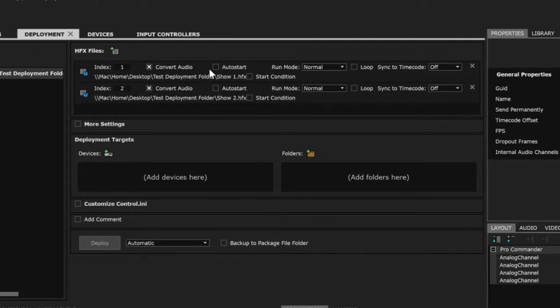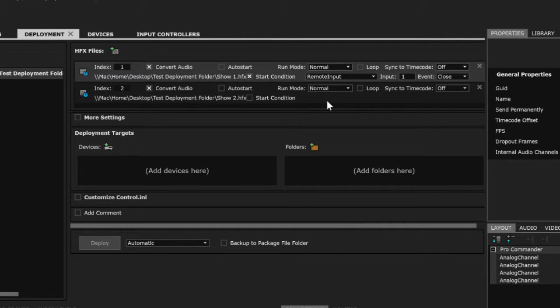In here, we have the same features we've always had in Conductor and a few new ones. We can convert the audio, auto start, select a target run mode, loop the show, sync to SMPTE timecode. If this is selected, we have the option of our standard frame rates, or give it a start condition. If we have a start condition, such as a remote, infrared remote, time, that's time from startup, or an absolute time, or the comparable of a variable to a constant or to another variable value, we can start a show